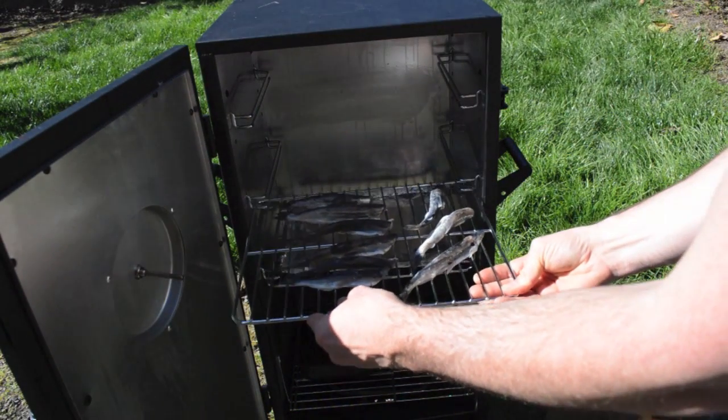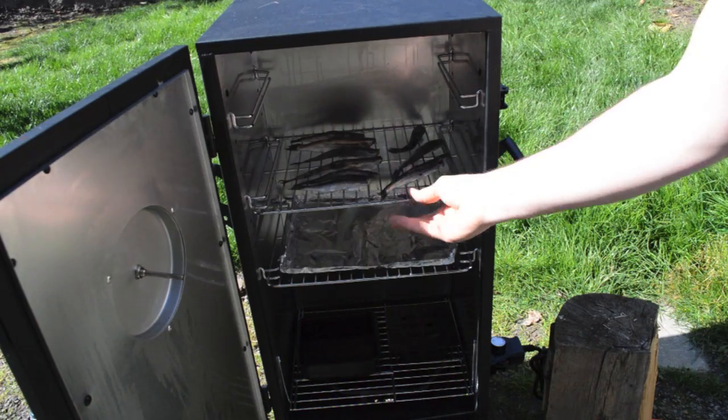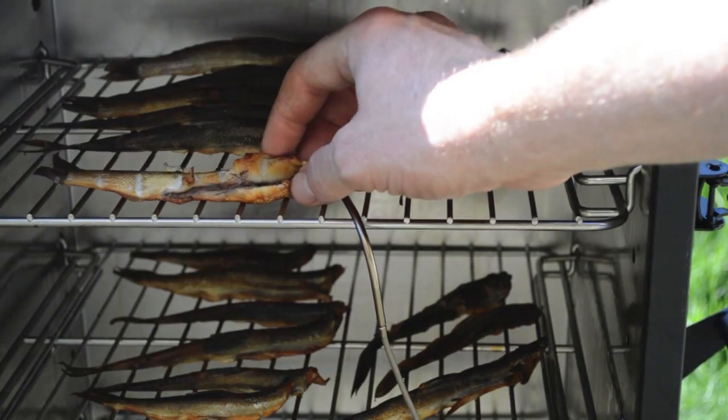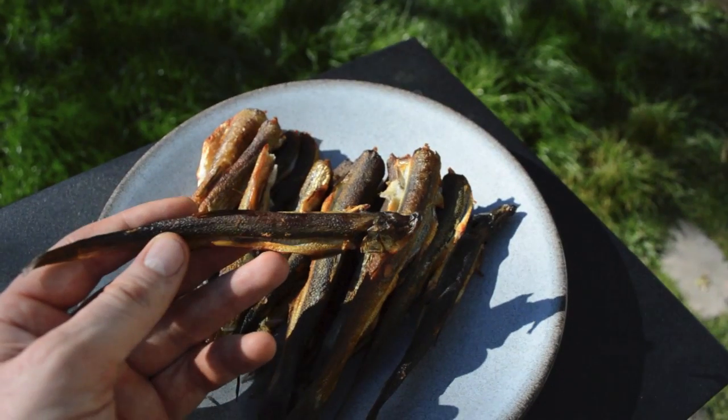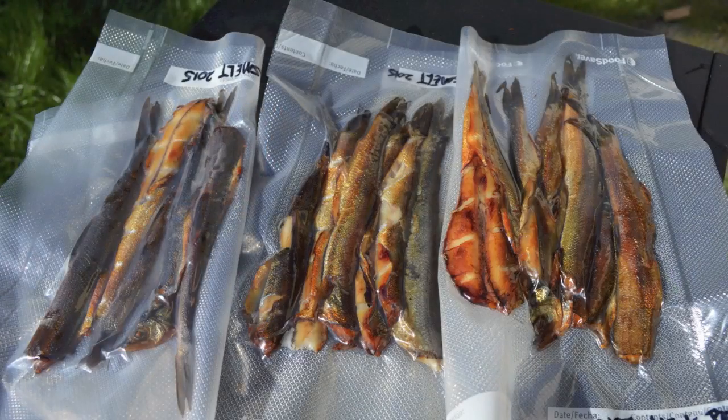The majority of the smelt we harvested I cooked in my smoker using alder wood chips. After about an hour they were done. Smoked smelt are some of my favorite fish in the world to eat. I enjoyed some of them right away, but most of the smelt I placed in the freezer to include in